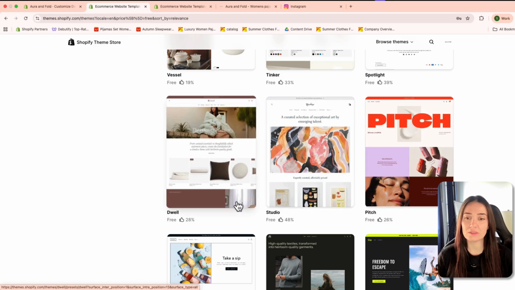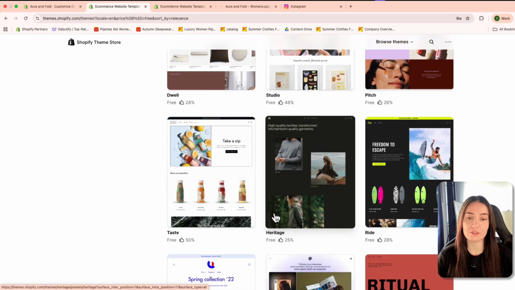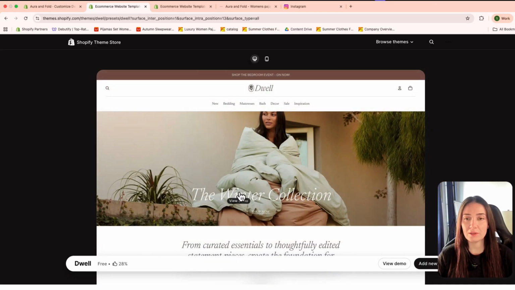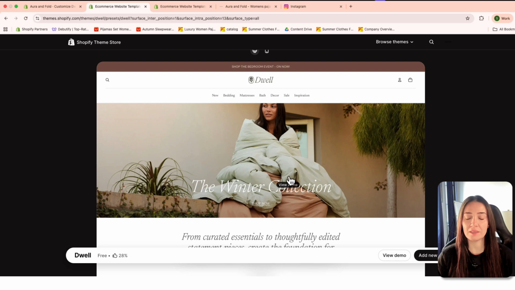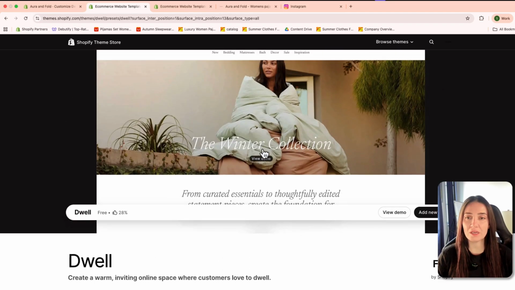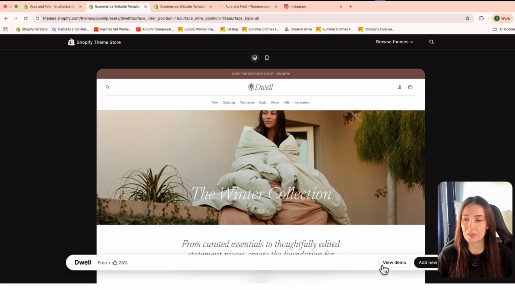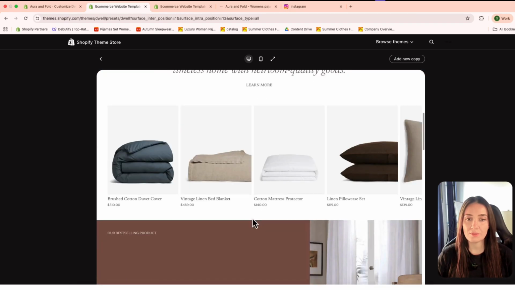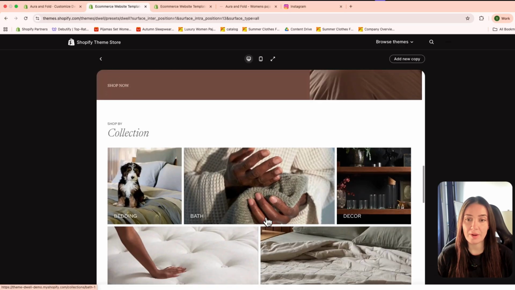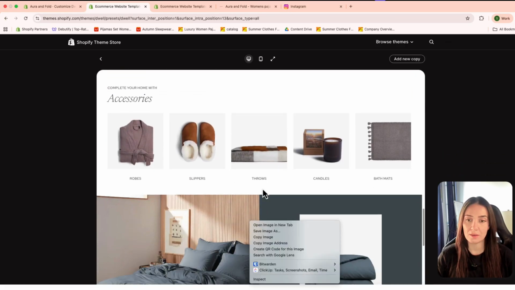You basically click on the theme that you would like to work around. Let's look at the theme that I picked. For my brand, I'll be selling women's clothing, loungewear, and sleepwear. So my store needs to be clean, more minimal, and I want my colors to be more neutral. This store looked good to me. You can just browse around. They have a beautiful homepage, not too much text, which is great because I want my store to be mainly visual